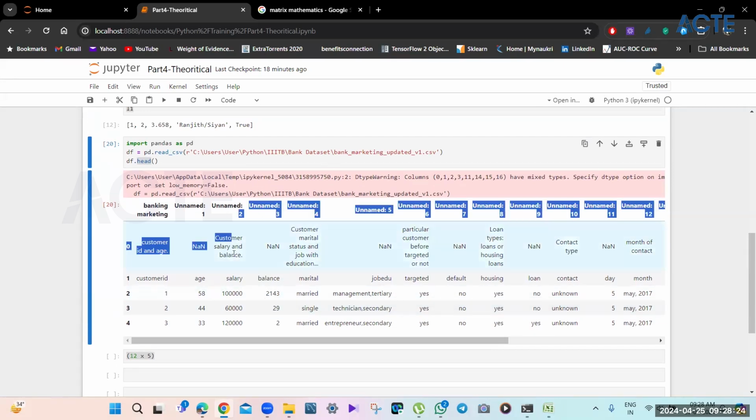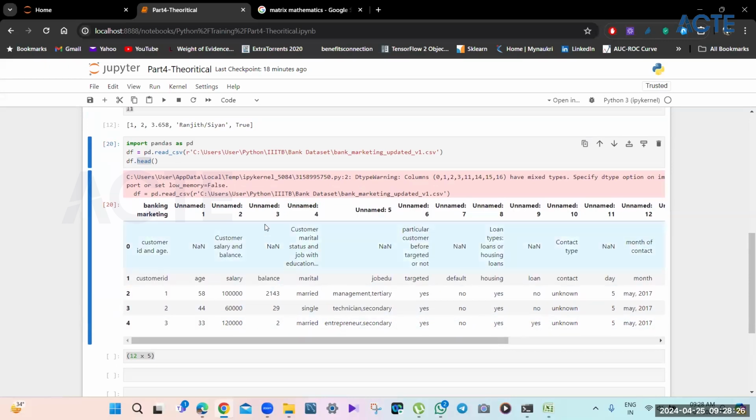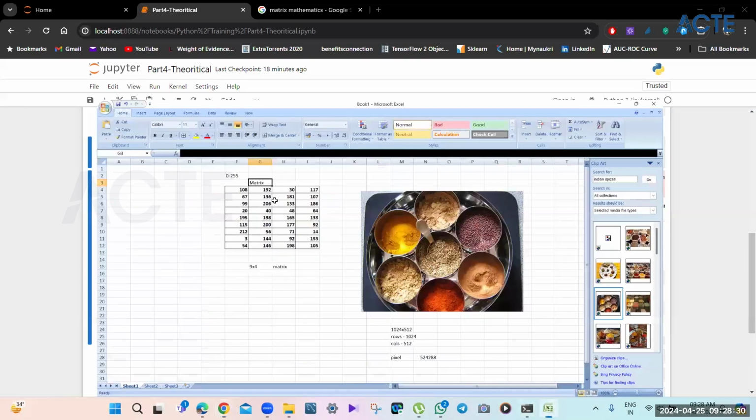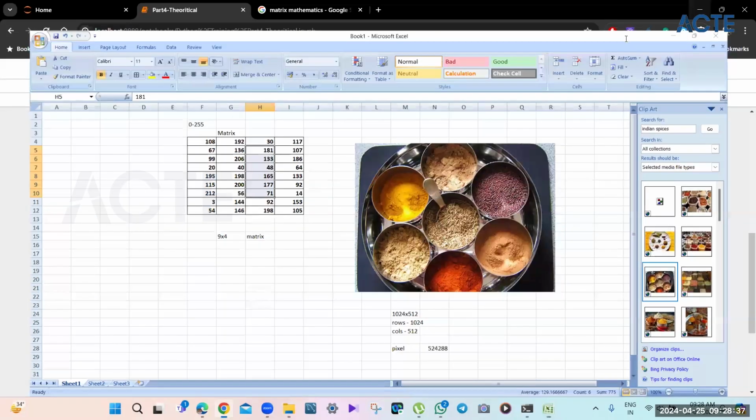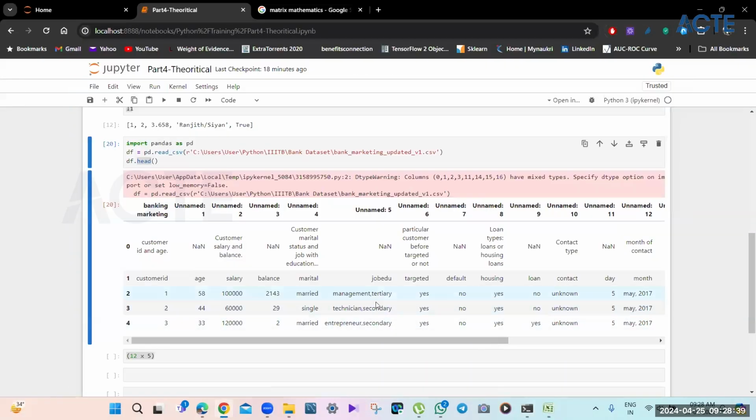A column could be character, a column could be numerical, but a column cannot be a mix of everything. Like in Excel, if this column is numerical, otherwise you would not be able to do any operation on it if you have a mix. Like if this is age, everything will be age, something like that.